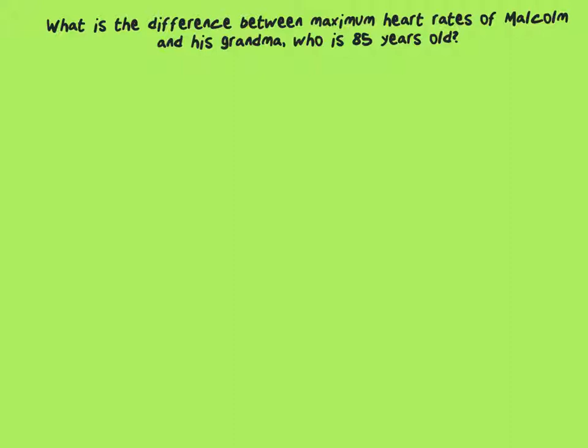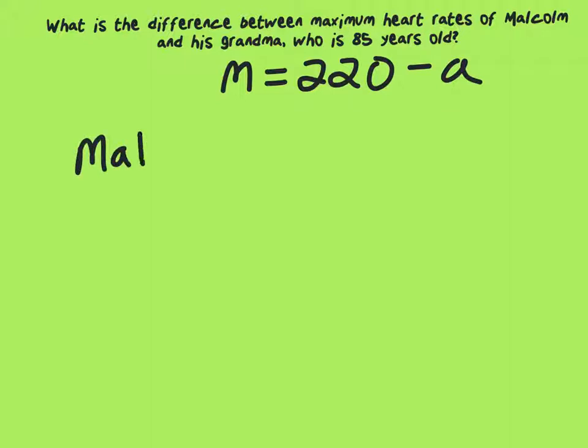Here's one for you to try on your own. What is the difference between maximum heart rates of Malcolm and his grandma, who is 85 years old? Remember, your formula that you're always going to use for this particular problem is M equals 220 minus A. And you don't have to find Malcolm's again. Malcolm's